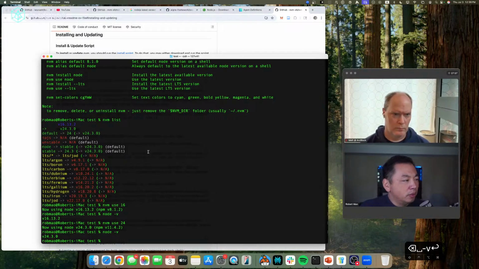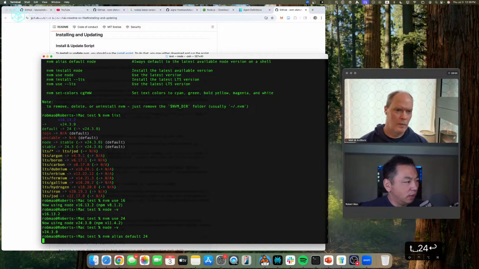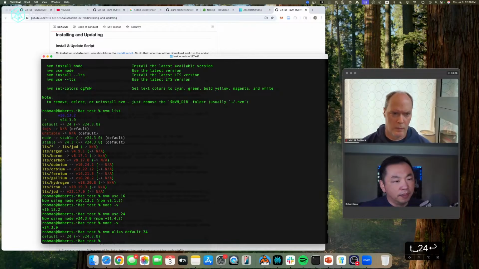If you're new to NVM and other things, I suggest everybody immediately do this. For example, if you use Node v24 and you want to make that the default, because your system might not have 24 as the default, right? That's nvm alias default 24. Once you have this, the default has been turned into 24.